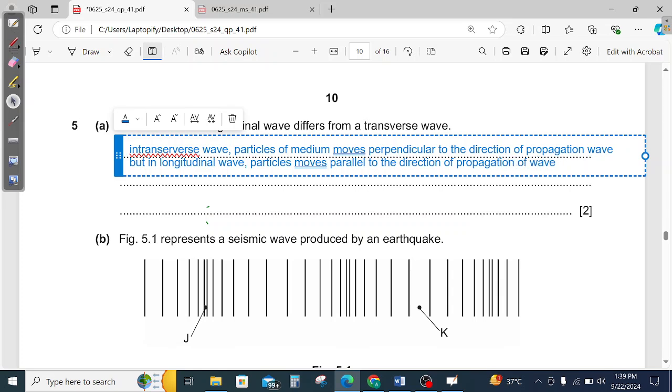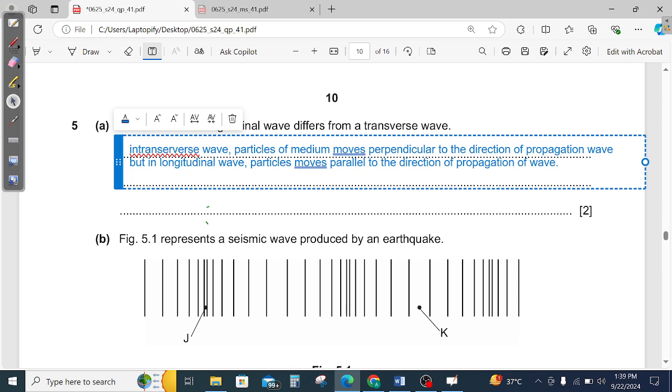One difference is this, and the second difference, you can write,